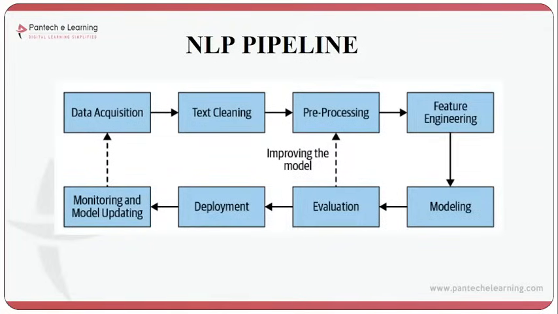These are the process of text cleaning, and then pre-processing. In this pre-processing, we have 4 steps: sentence tokenization, word tokenization, stemming, and lemmatization. First, sentence tokenization. The machine can't understand the full paragraph, so we need to convert the whole paragraph into word by word. So for this procedure we need these 4 processes.